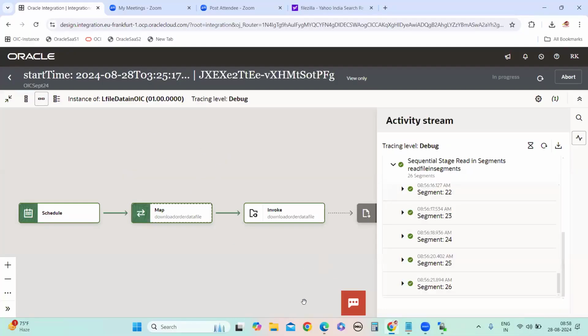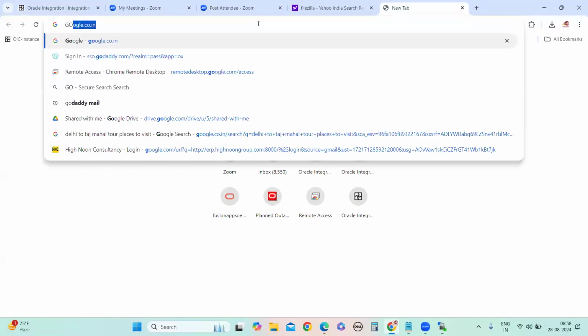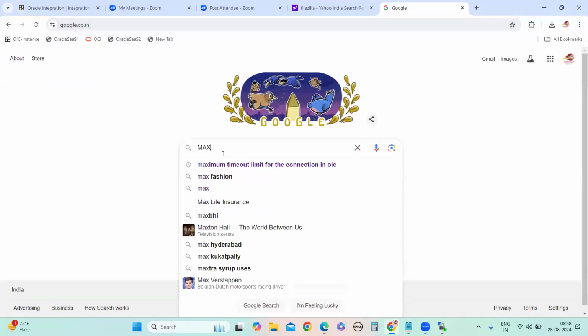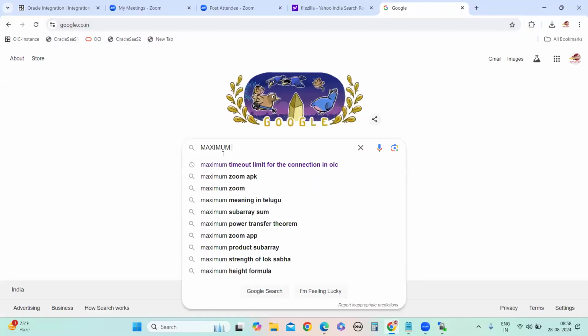Okay. In CSV file, you can check in Google. Exactly, not sure. Maximum, no one will provide that huge kind of data. Correct, even 2 GB data, no one will provide.